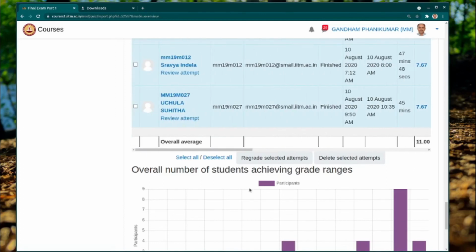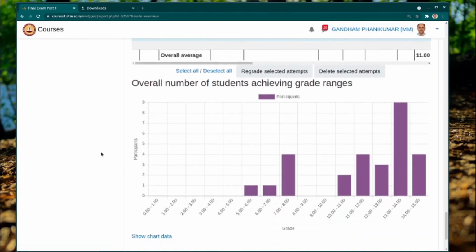Assuming that you are all okay with whatever has come, you can look at the mark pattern, and the mark pattern looks somewhat like a bell. That means by and large the quiz has gone off well. If everybody got full marks, then of course there is something wrong. Also if everybody is on the left hand side of the bar chart, there is a problem.